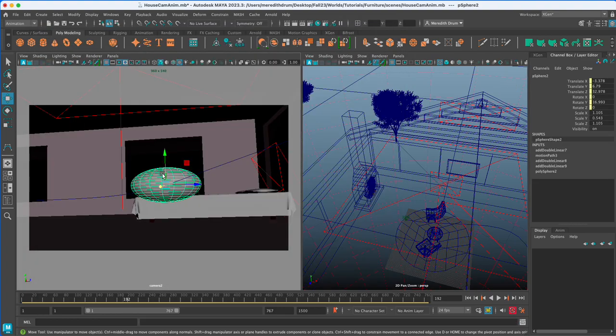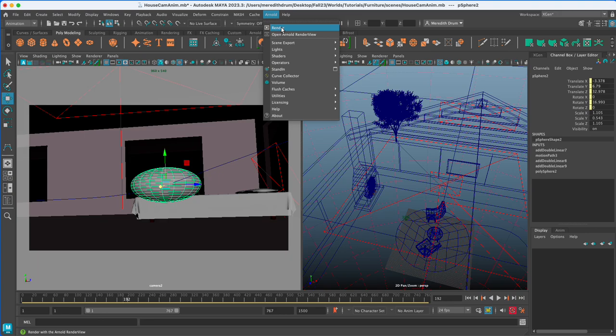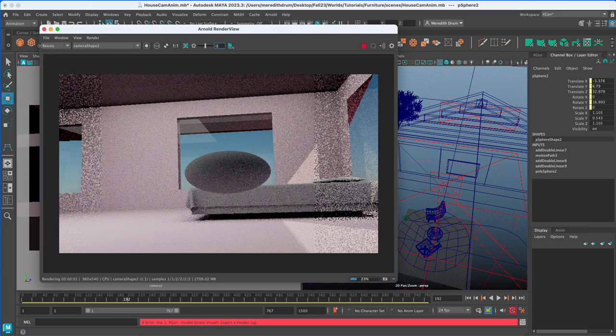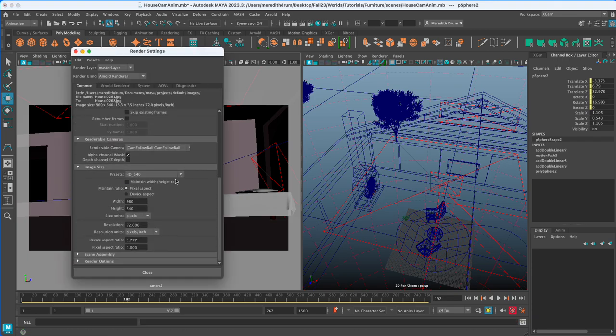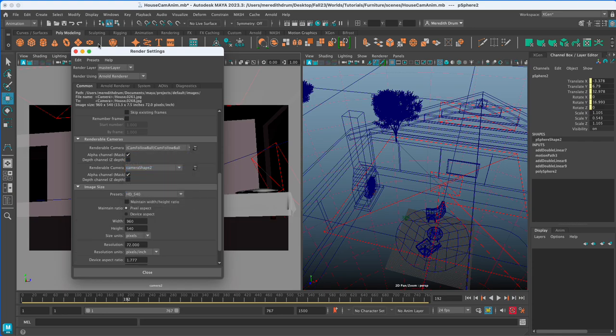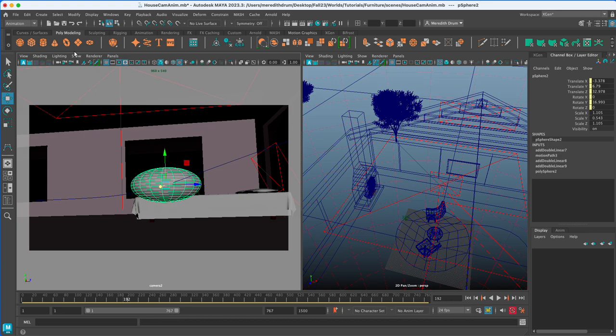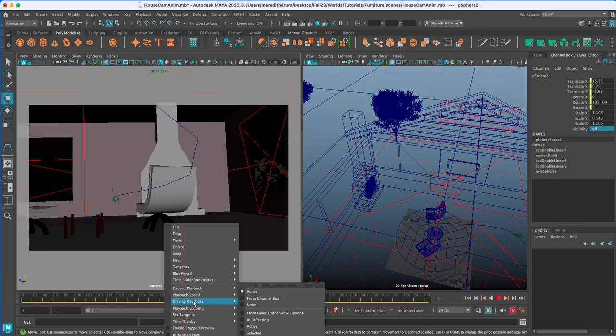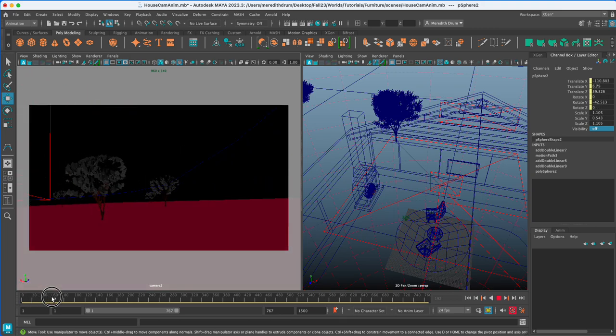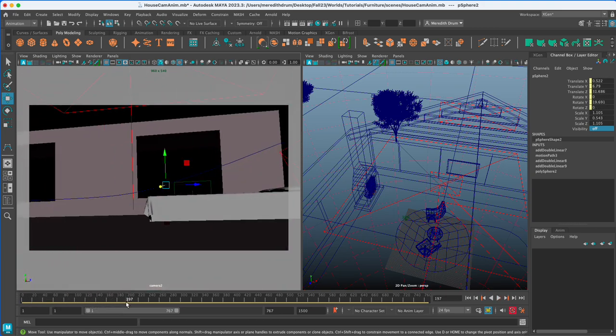But if I've last clicked on this view, it's going to render that view. If you're going to render out stills, which we're going to do in the next one, you do have to choose that camera. You'll have to do that here by going to your camera choices and choosing your camera shape too. That's it for this. Again, if you want to turn off the visibility of this object, you just do that here, and that way you could have the camera follow that path, and it would just be following an invisible line.